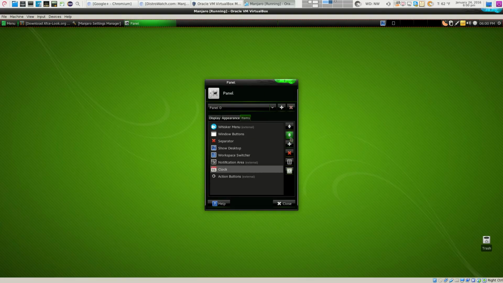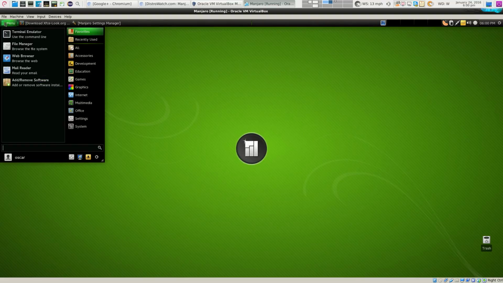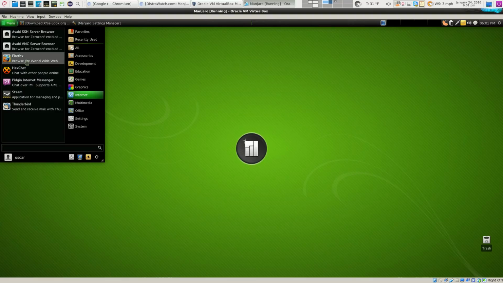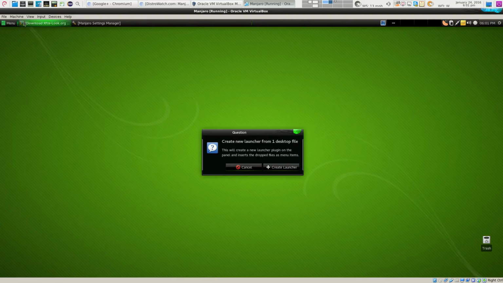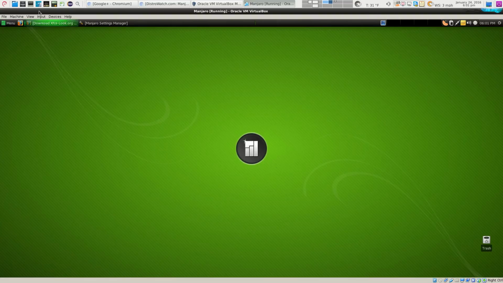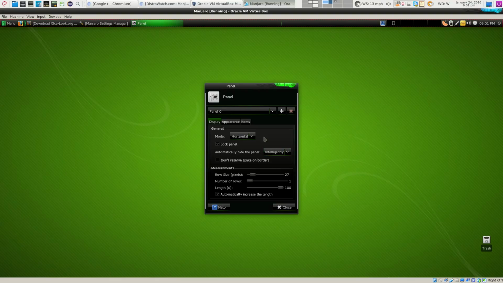Alright, another thing, adding a launcher. So you could do it two ways, that way, or internet. Add it right there. There it is. Create. Yes. There you go. Now you got something that's been created. See, now there's no barrier between these two. What I like to do is I like to create a spacer here.